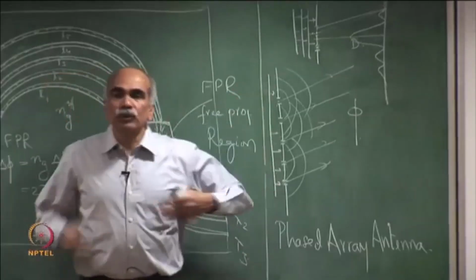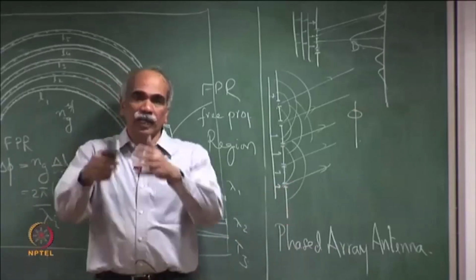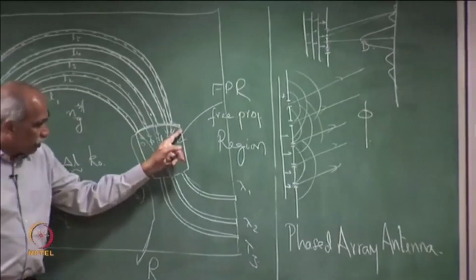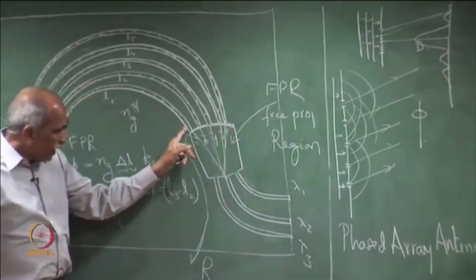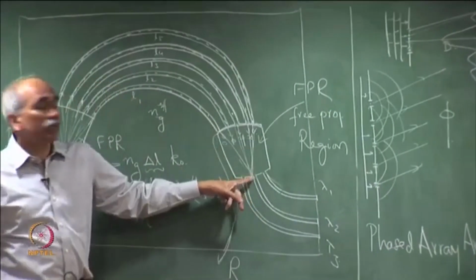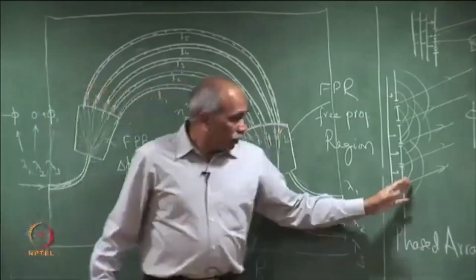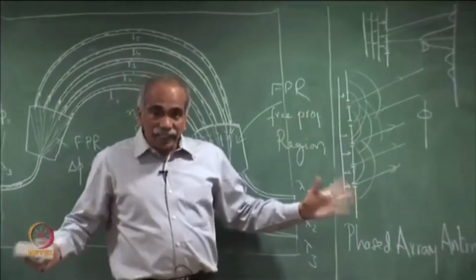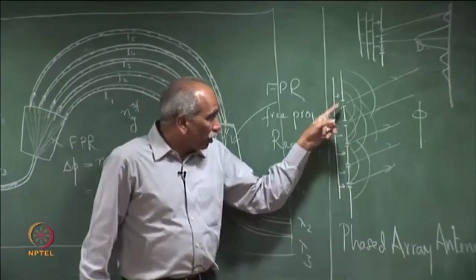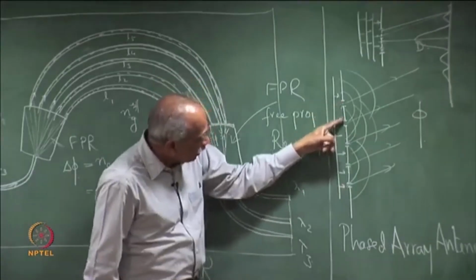So, when phi is equal to 0, if here is the antenna, then the output predominantly comes in the forward direction, and if you give an appropriate curvature, then it is possible to focus the beam at a particular distance and at a particular spatial point, appropriate curvature given to the antenna. Without mechanically changing the position or the orientation of the antenna, it is possible by simply changing the phase here, relative phase between alternate